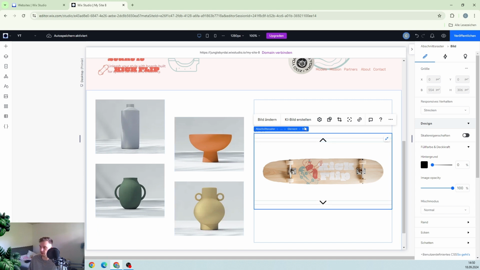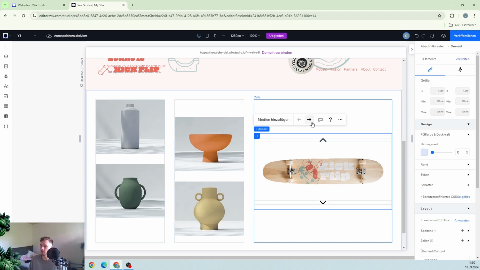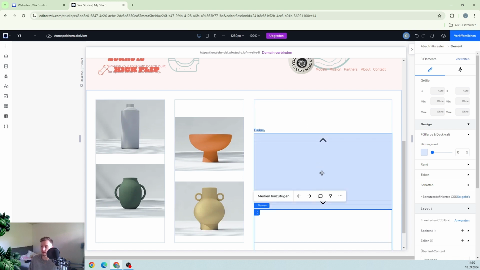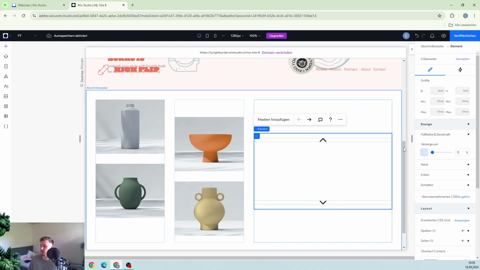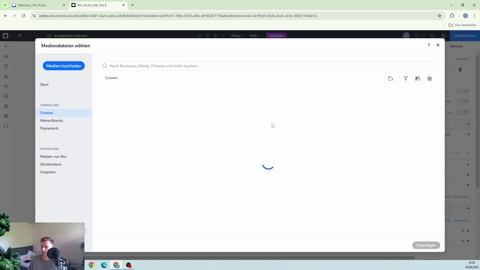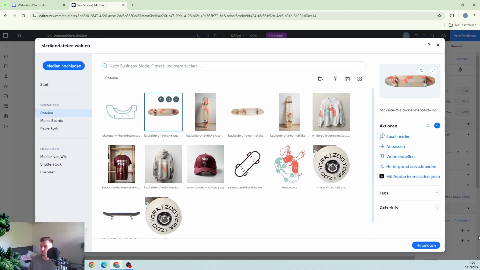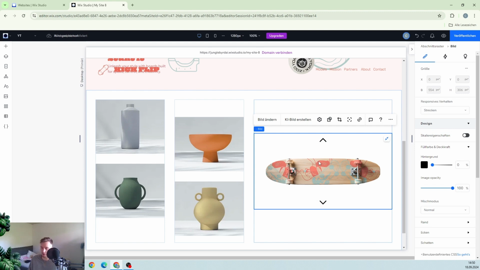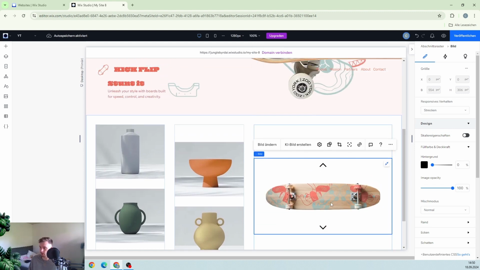So now we've selected the image, then I want to go back to the element and click the arrow here on the right so I can get the next element, which is still blue. Reduce opacity background, add another skateboard, and for this I'm going to choose this one. And now we have the second skateboard, and then I'm gonna use one more click here because now we have